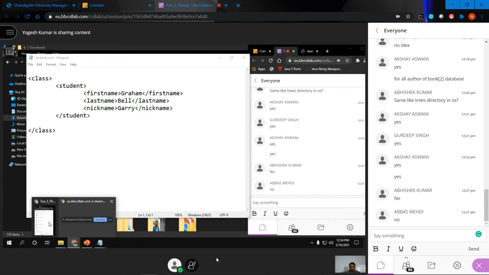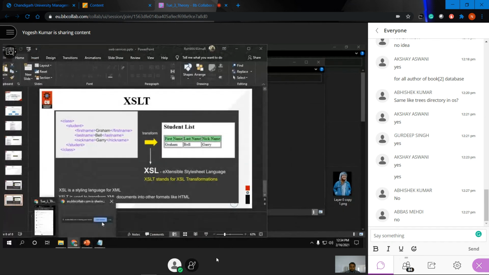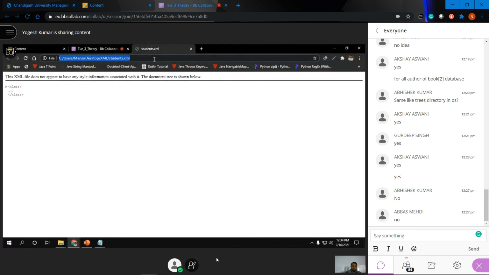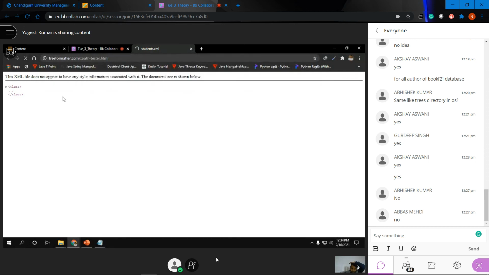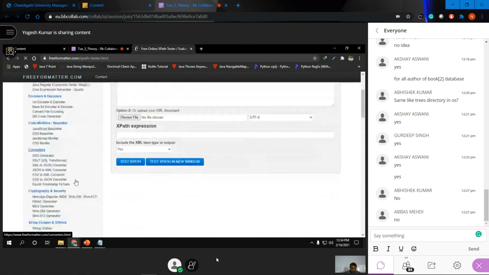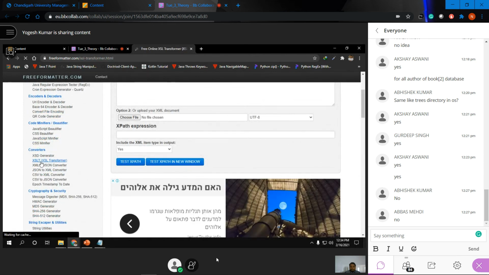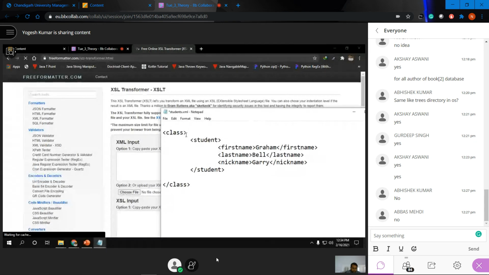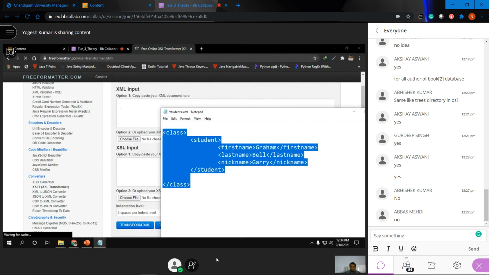So you can also go for the XML formatter. So here you have XSLT. So click over here and paste your code. So it is converted. So let me copy this file.